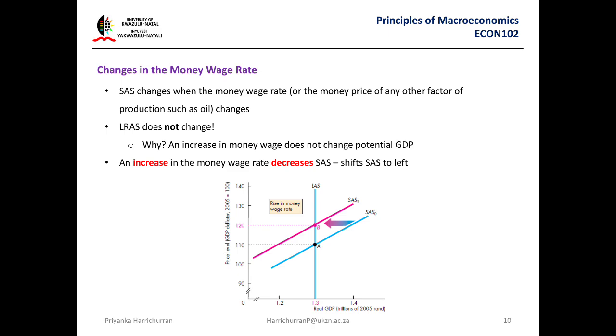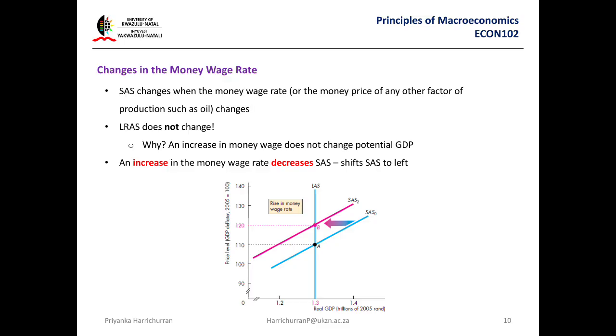The long run, I told you, is a line of potential GDP. It's only made up of those components. So if it's not made up of those components, it doesn't shift the long run, only the short run. So over here, price of oil, right? Price of the raw material oil here. Or the money wage rate, the price to pay employees. All those things don't fall under those three things that I told you are represented by potential GDP, which is